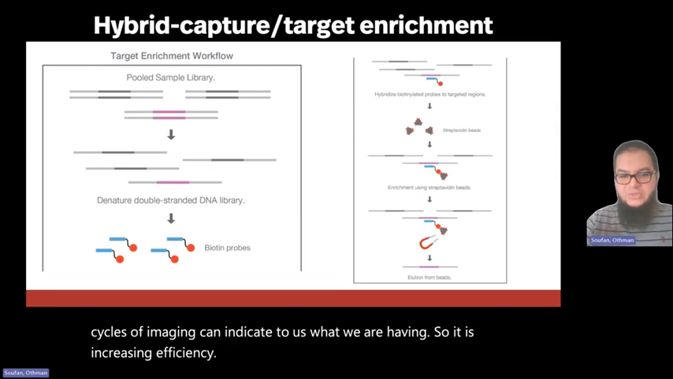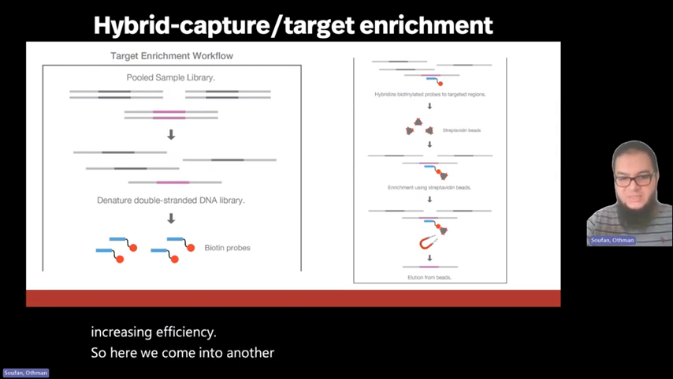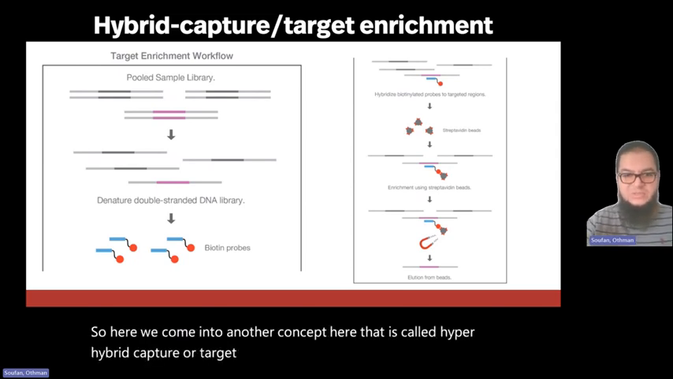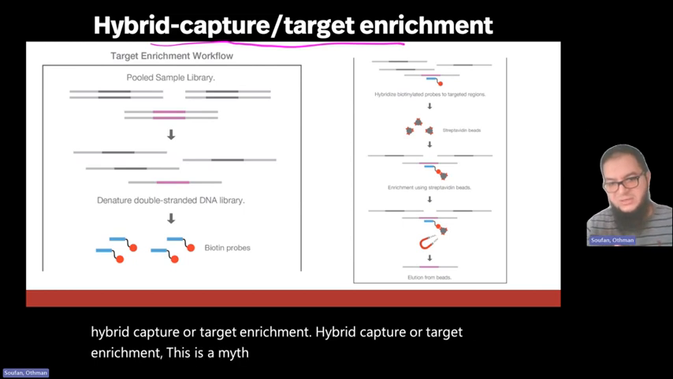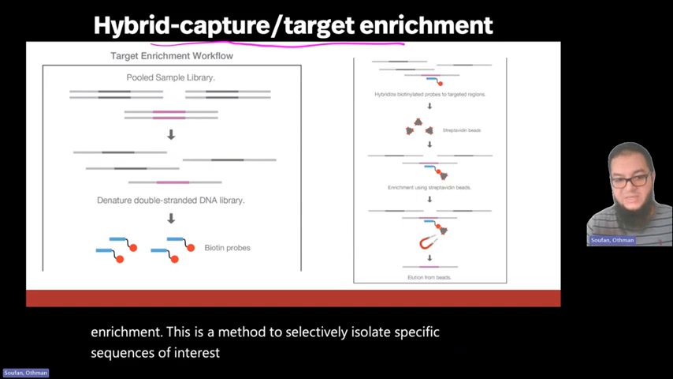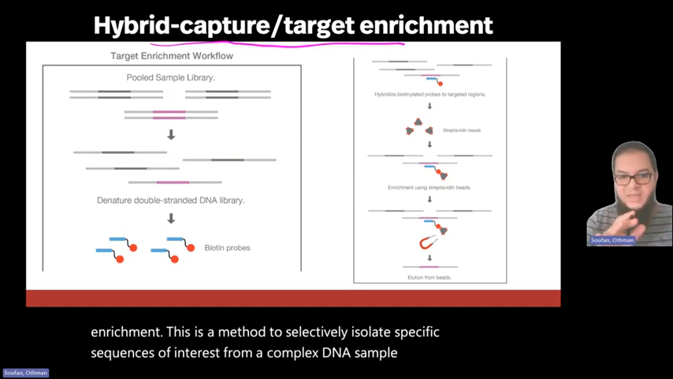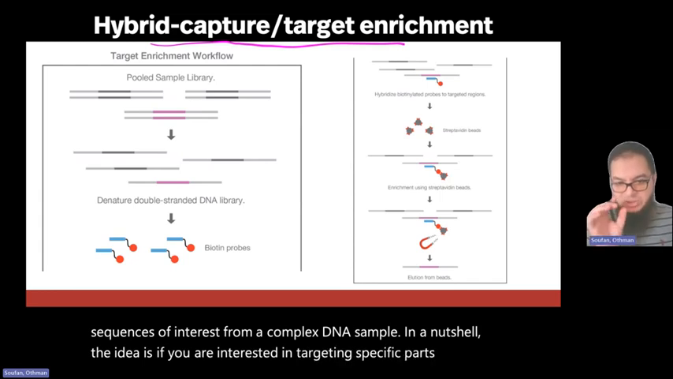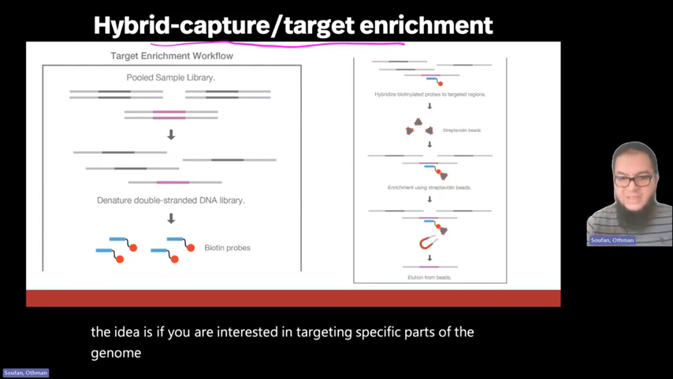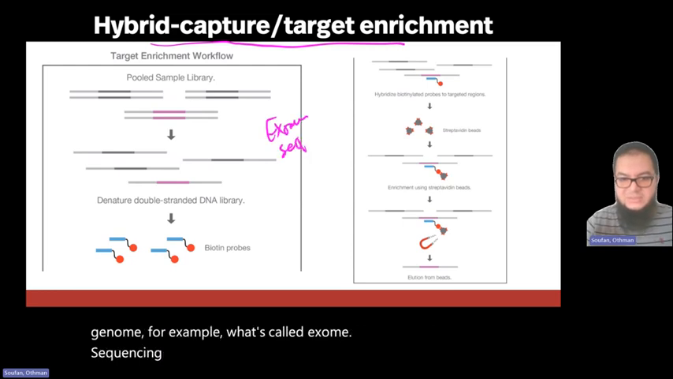So here we come into another concept that is called hybrid capture, or target enrichment. This is a method to selectively isolate specific sequences of interest from a complex DNA sample. In a nutshell, the idea is if you are interested in targeting specific parts of the genome, for example, what's called exome sequencing,